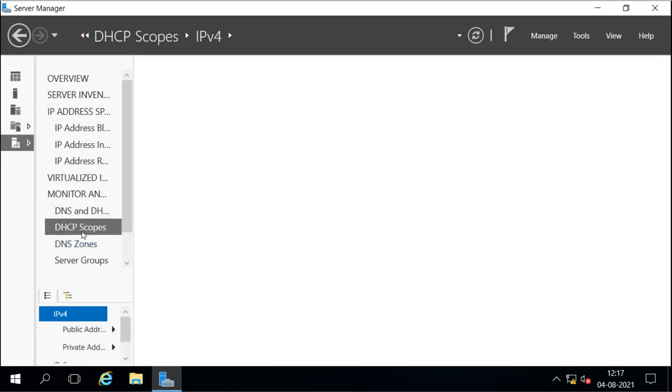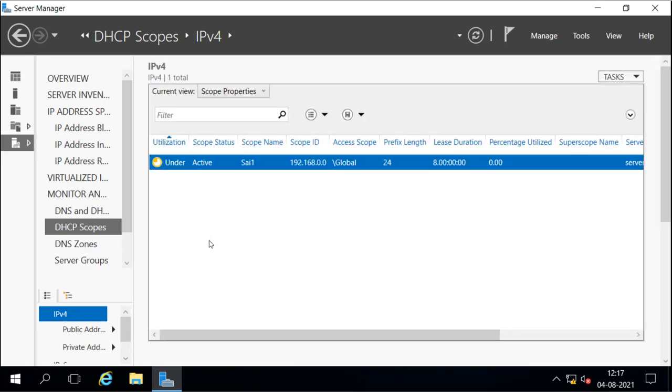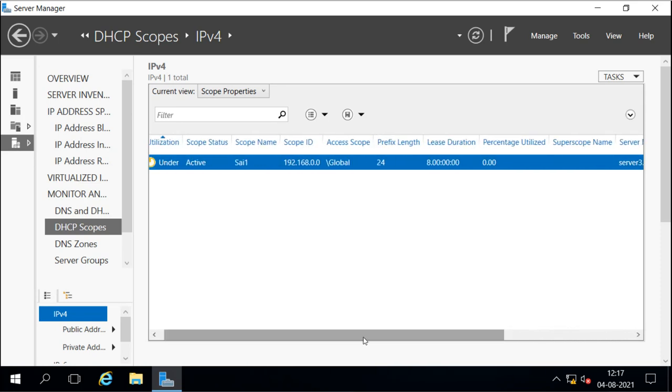Then we will see the scopes of DHCP servers, if we have any. On server 3 we have DHCP active, and this is the scope we have on server 3, and it is running here. This is one scope on server 3, and the name of the scope is Psi1.